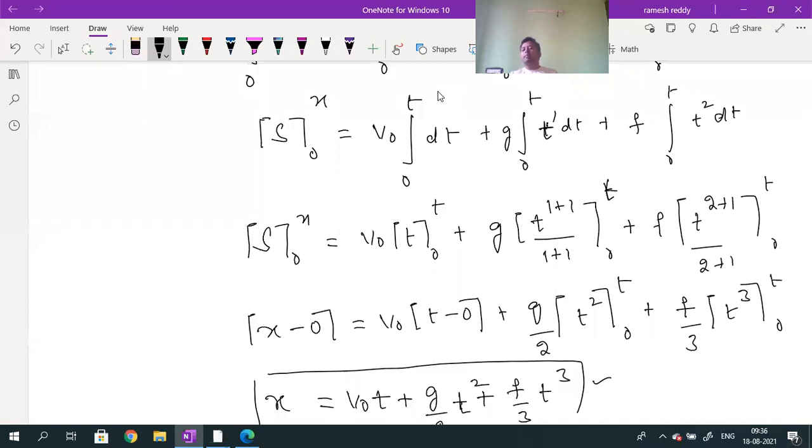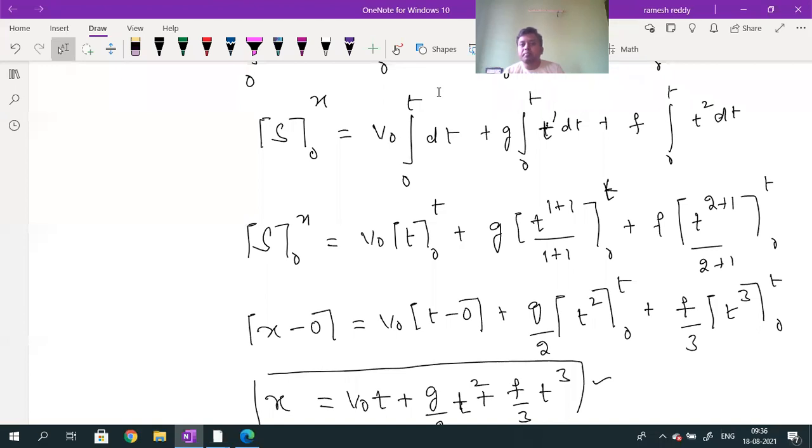So what is my final answer? v naught into t plus g by 2 into t square plus f by 3 into t cube. This is regarding how to do integration. What type of integration did we do here? Is it definite integration or indefinite integration? This is a definite integration. When limits are there, that is called definite integration. When limits are not there, then it is called